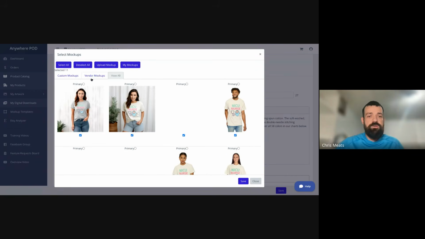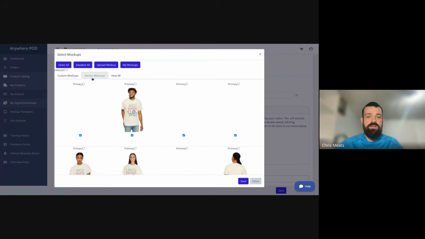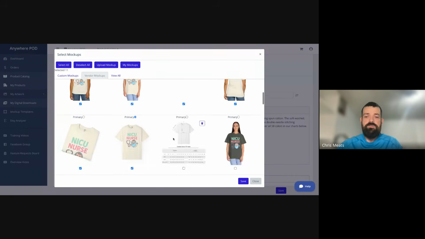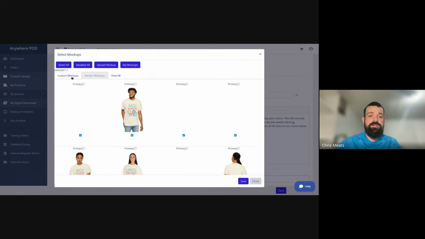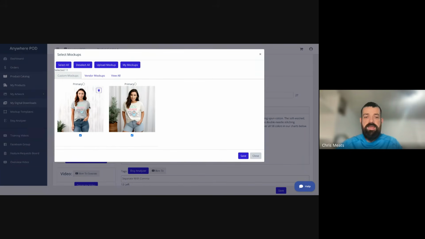So we'll see here now, under vendor mockups, we have all of our mockups that are available from Printify. And then under our custom mockups here, we have our custom mockups that we have available. You can add, if you're using a size chart or any kind of infographic that you like to provide with your Comfort Colors shirt, you can add those as a mockup template in the same way that I